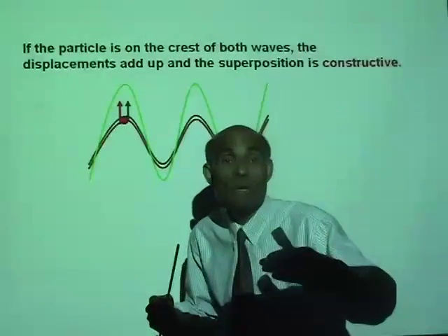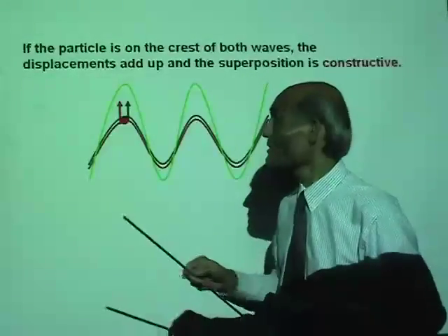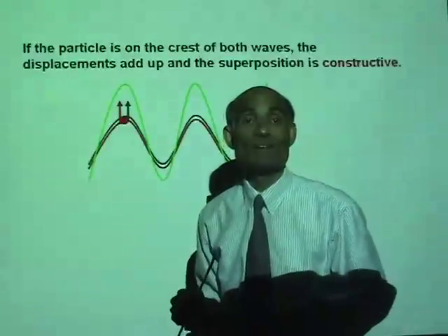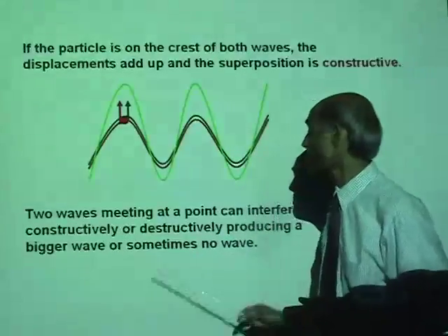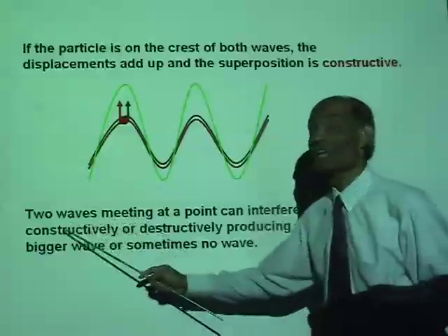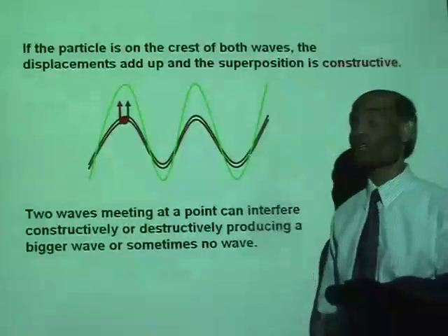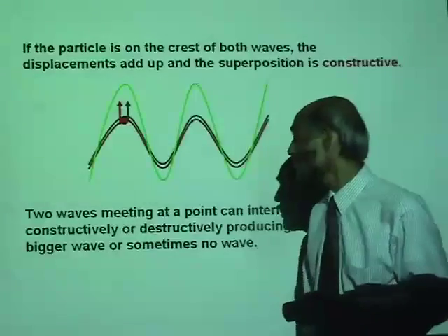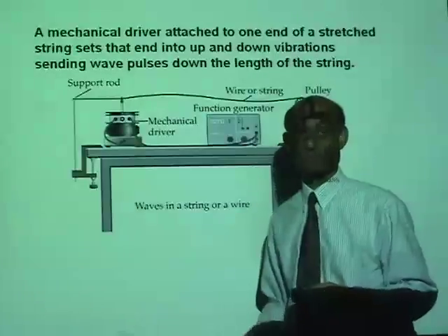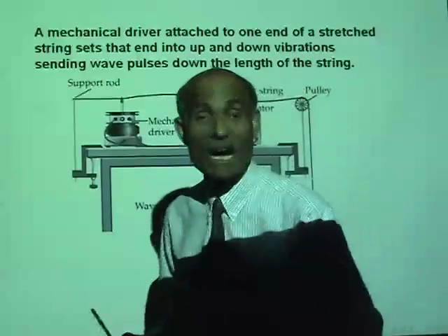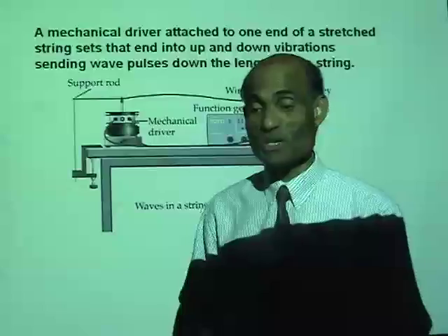You can see a bigger wave means a bigger amplitude. A destructive interference will result in no wave at all. So two waves meeting at a point can interfere constructively or destructively, producing a bigger wave or sometimes no wave at all. Now we are going to use this concept to construct the concept of